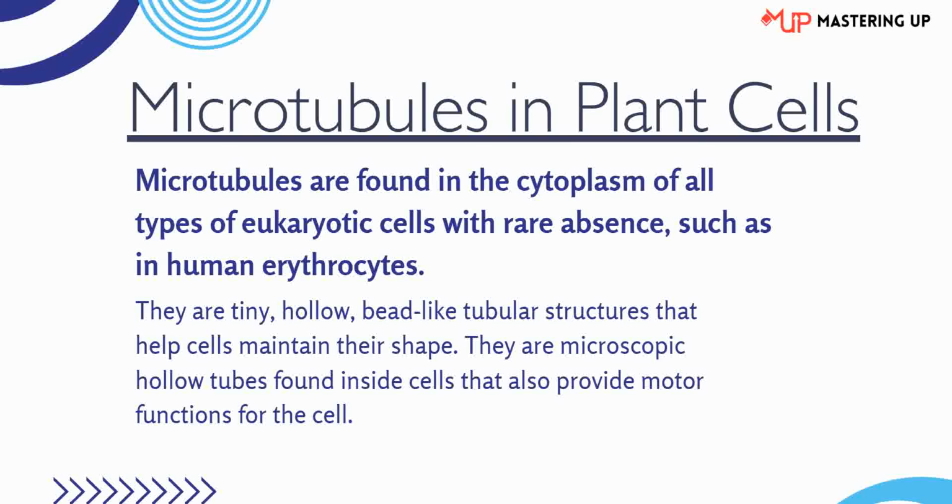The cytoskeleton of eukaryotic cells is made up of proteins that give shape to it. The three types of protein that help in the organization of cells are microtubules, intermediate filaments, and microfilaments. So microtubules are present in all eukaryotic cells except human erythrocytes. They are present in the cytoplasm freely, or they can be found forming parts of centrioles, cilia, flagella